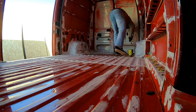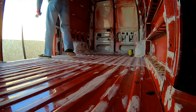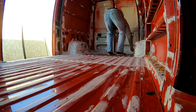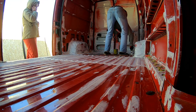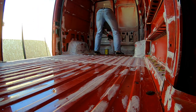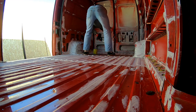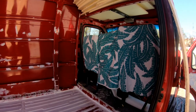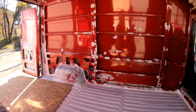So, as said before, we first started by cleaning everything. So here, actually, the floor looks pretty nice. We painted with anti-rust paint or primer, however it's called, and we went to pick up some more from the store because it just was not enough. We ended up actually painting the whole floor with this white anti-rust paint because there was just so much rust